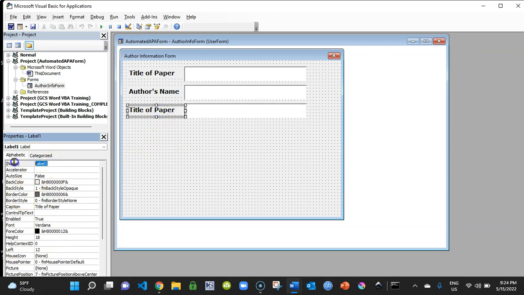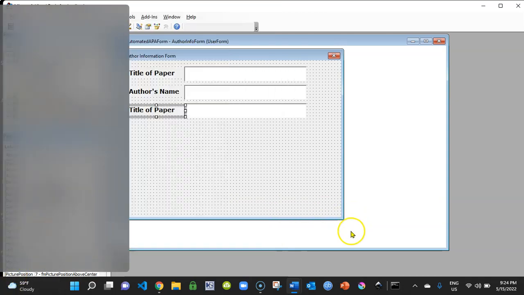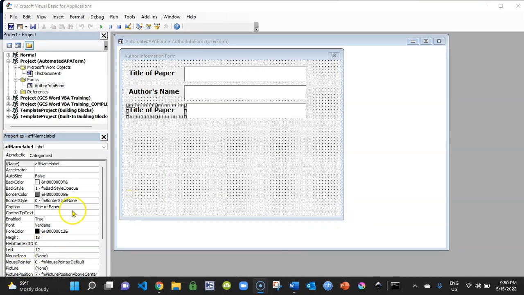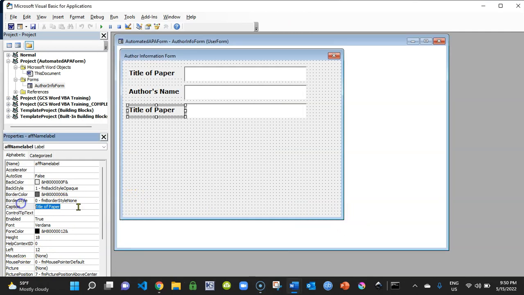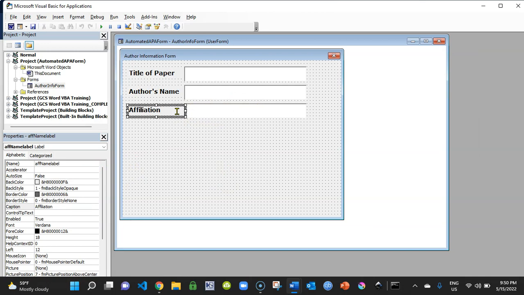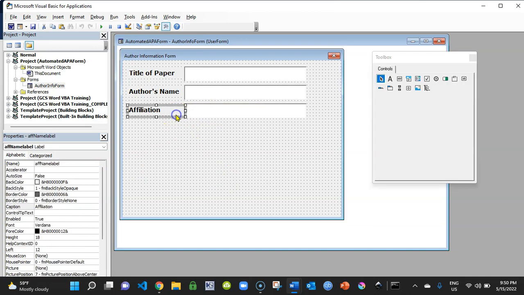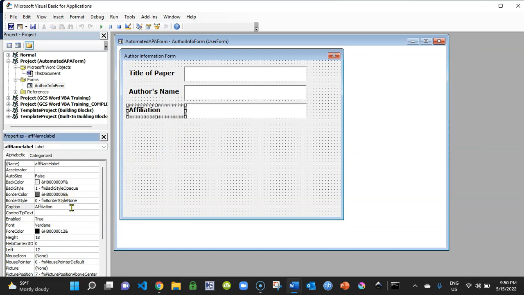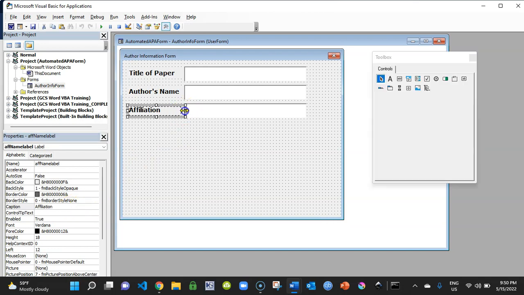And this becomes AFF name label. Okay, now we're going to change the caption of our label to affiliation. Okay. For some reason affiliation looks weird, but